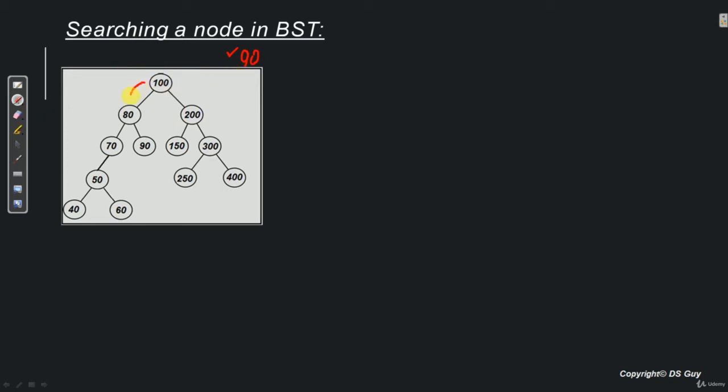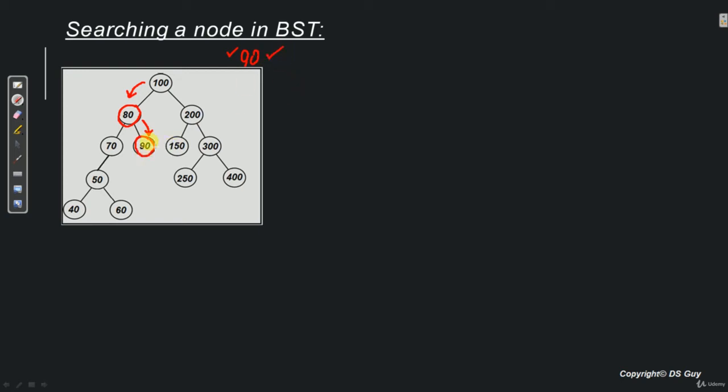We go towards left, and we reach this node over here. Then we again do the same comparison. Is 80 equal to 90? No. So we have to go either towards left or right. Since 90 is more than 80, we go towards right. Now we reach this node over here. Now again we do a comparison. If the value in this node is equal to the value that we are looking for, then we are good.